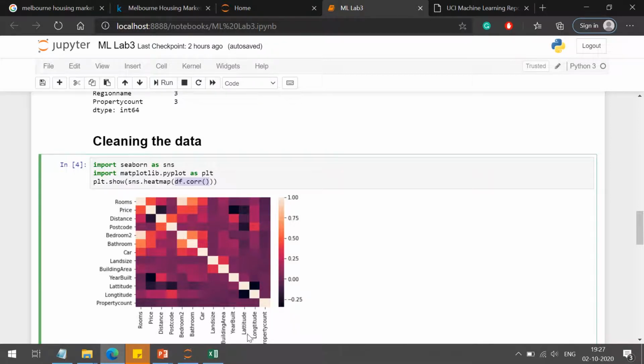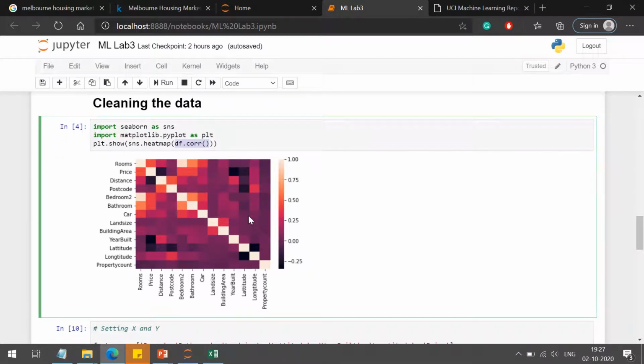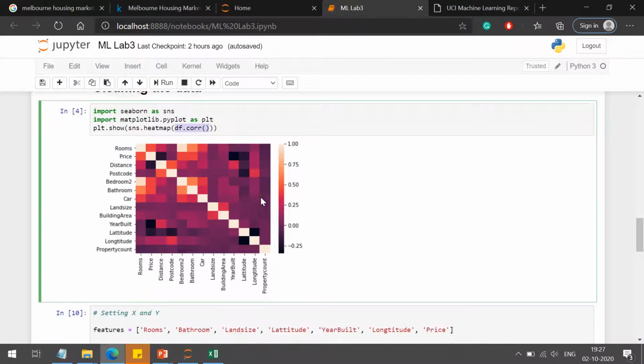Price depends on latitude and longitude. Even if we are getting less correlation, we will consider latitude and longitude as our features. Let us see what accuracy we get, and then we will remove one feature at a time and find a set of features based on which we can predict the price more accurately.